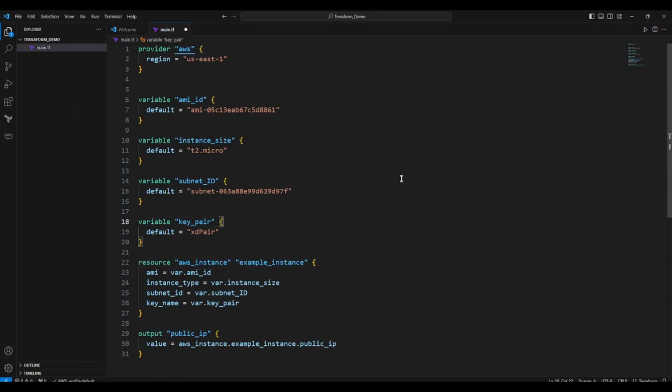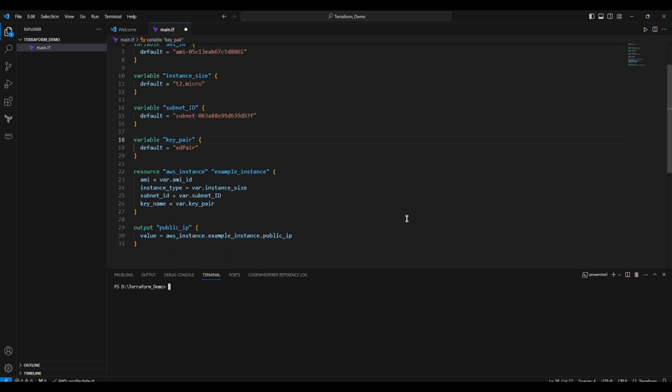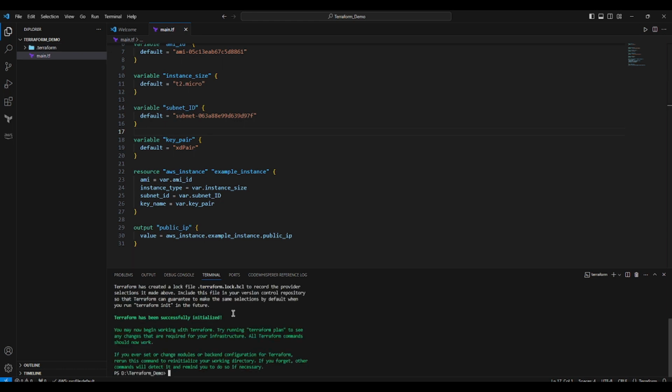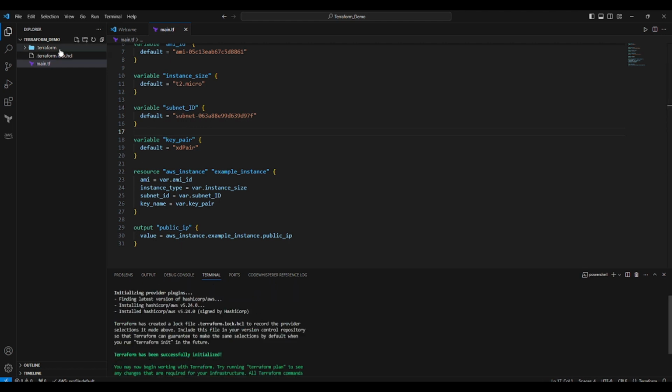So it's now time for compiling. After you write the code, we should run terraform init. It will install all the plugins required for Terraform. It is the first step for running or compiling the file. It will take slightly 5 to 10 seconds. So just wait. Yep, see, Terraform is successfully initialized, and you can see that more files